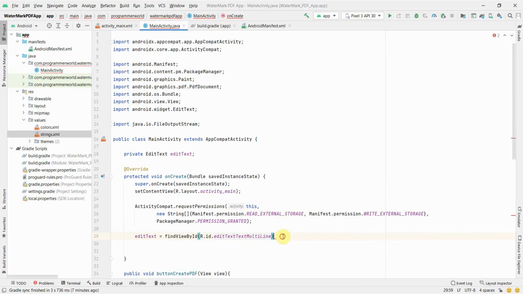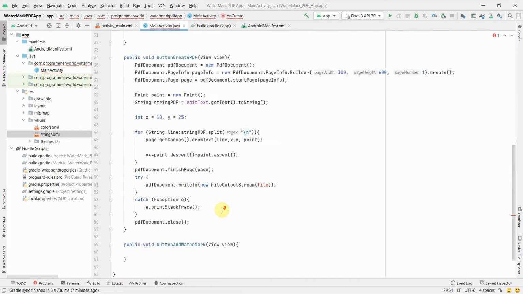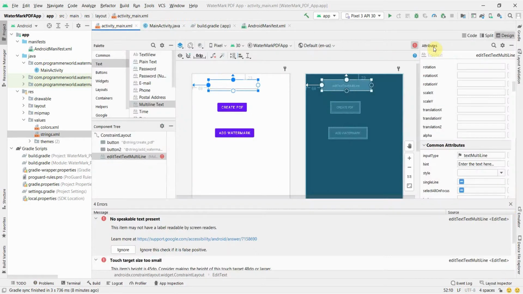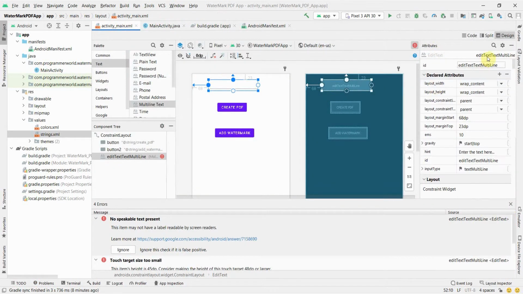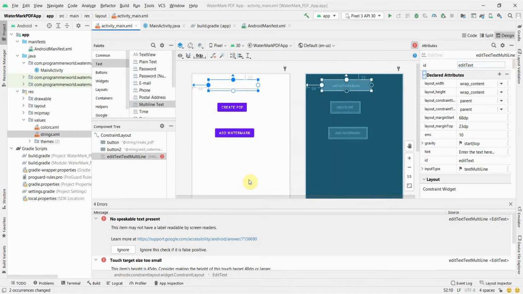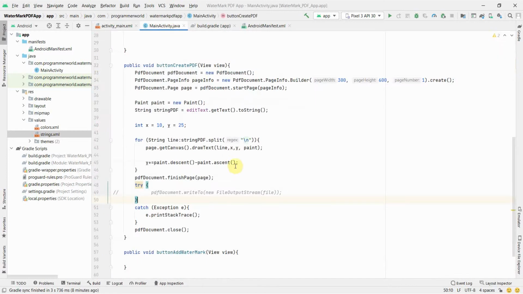I'm not sure, I'll have to go and check in the layout again. So let me go back to the layout and see why. Okay, this file I'll of course create. For the timing I'm just commenting out this line so that there is no more error. I go back here to check what the ID was. I think it is still multi-line. I removed that multi-line as far as I remember, but I am not sure why it didn't happen. If I use refactor everywhere, it should take care of the refactoring in my Java code as well.